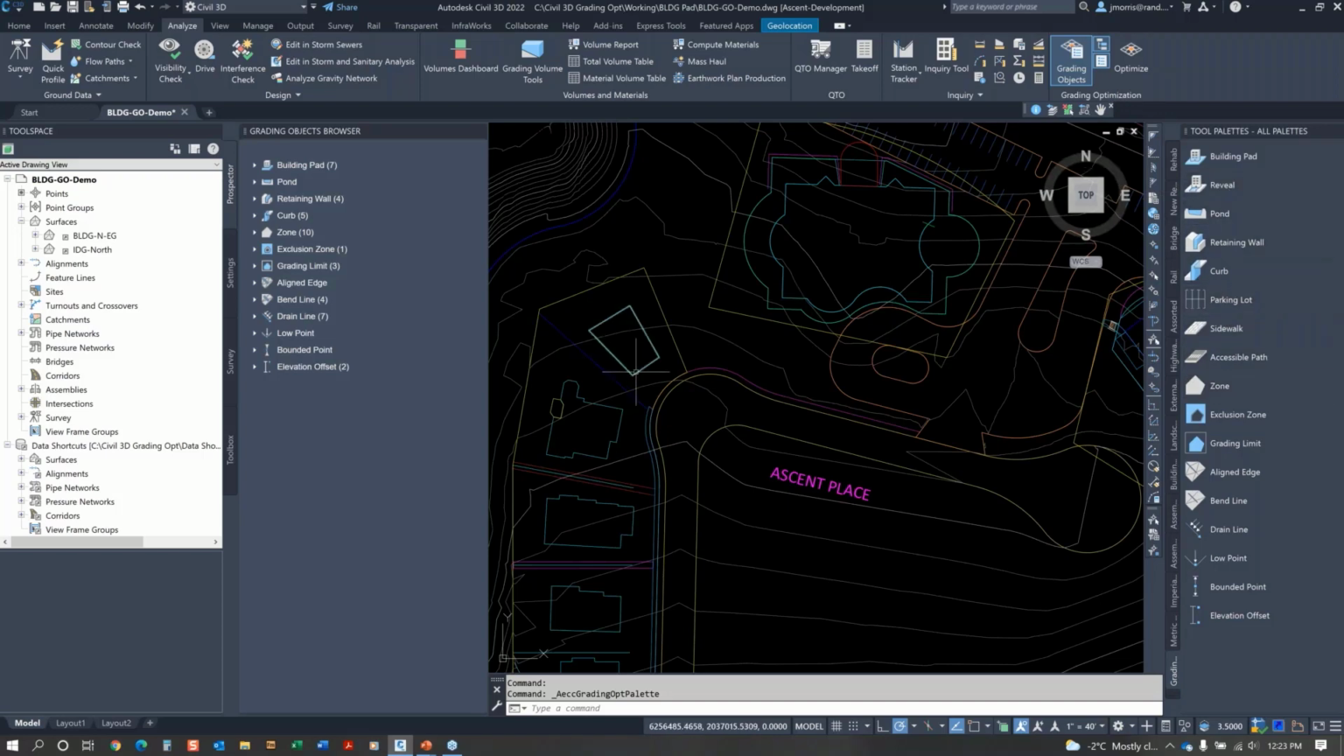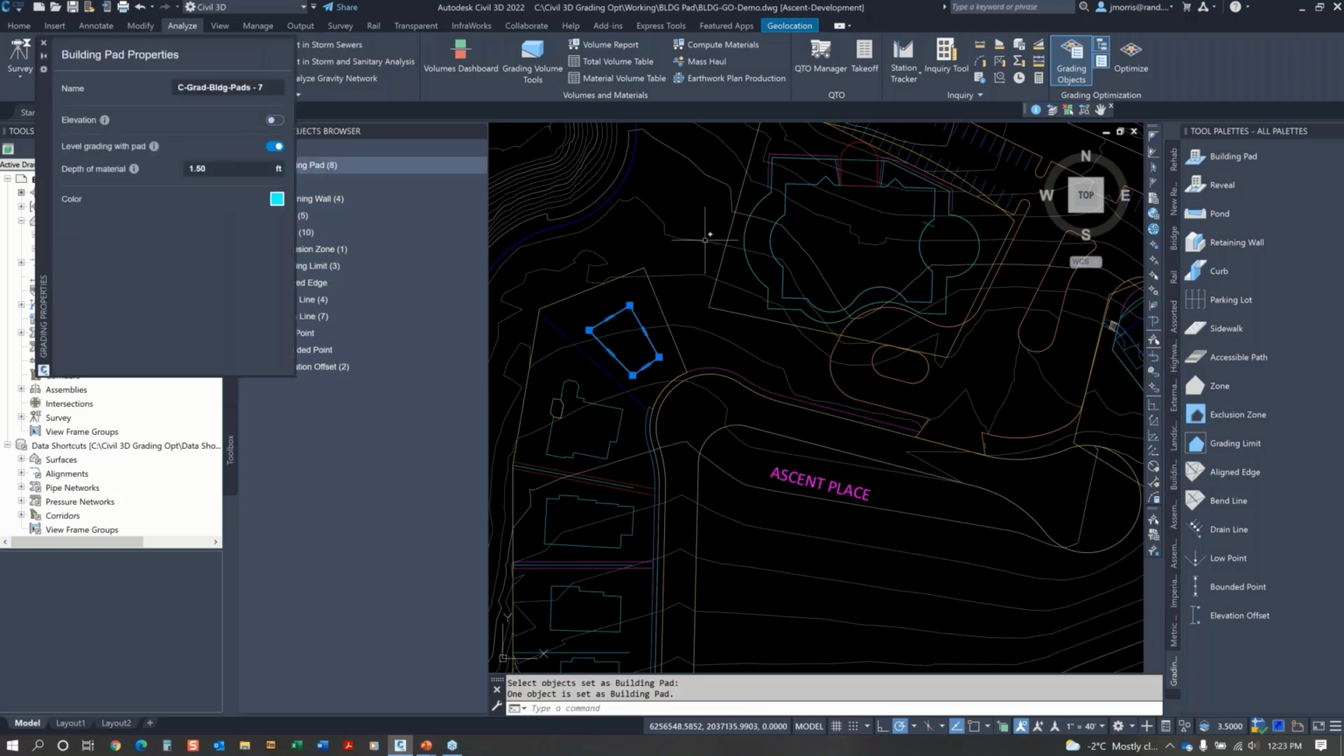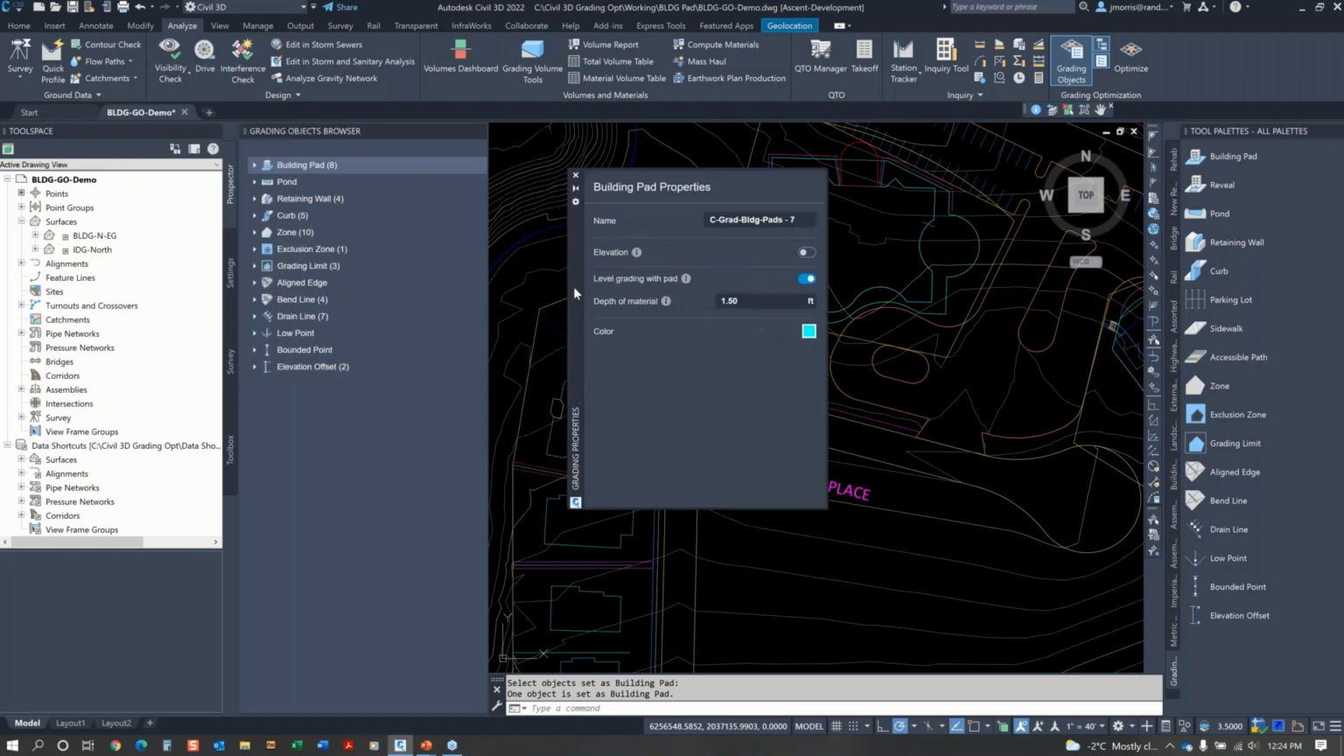So I've drawn a building pad, and it doesn't need to be on this specific layer. I tend to be a bit CAD management crazy, and I love things to be on their proper layers. So that's why it's on this particular layer. I click on building pad. Okay, it took a little bit to launch, and it's asking me for an object. I can select multiple objects, but I'm just going to select that one, hit enter, and then my grading object